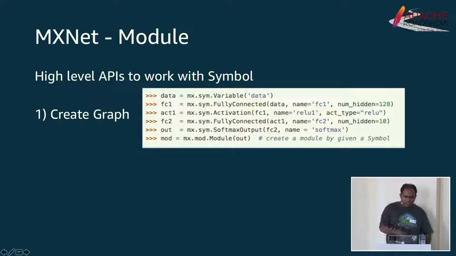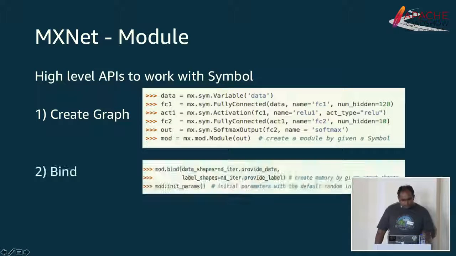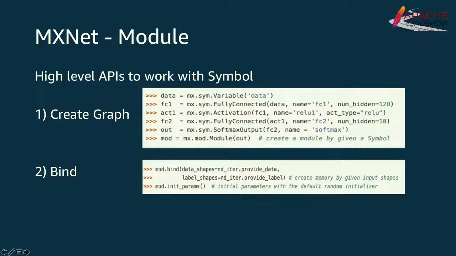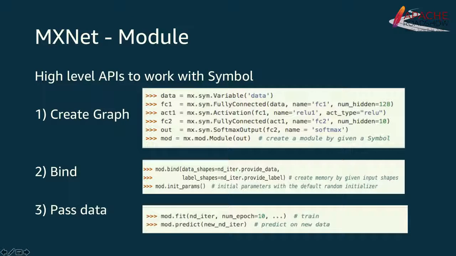Without going into the details, this creates a network, and then we feed it to the module. The next step, we will bind this so that the backend will allocate memory for it. We'll bind with the input data shapes. Finally, we'll pass data to the module and call either the fit routine, which is to train the network on your data, or call predict, which, if you have a pre-trained model, will give you predictions on new application data that you have.